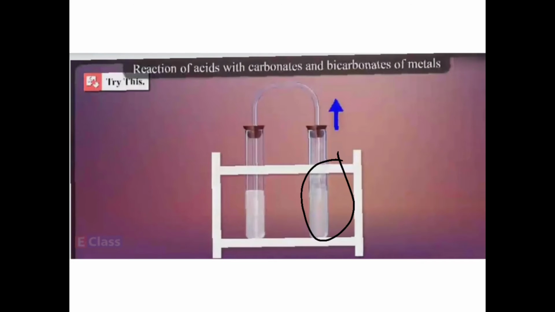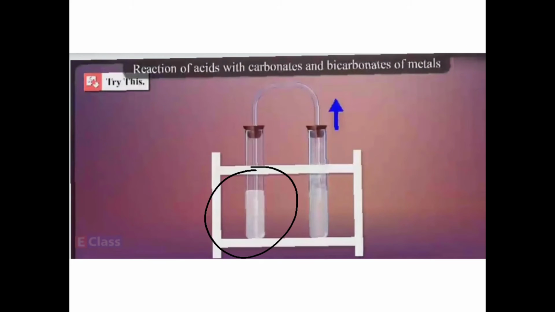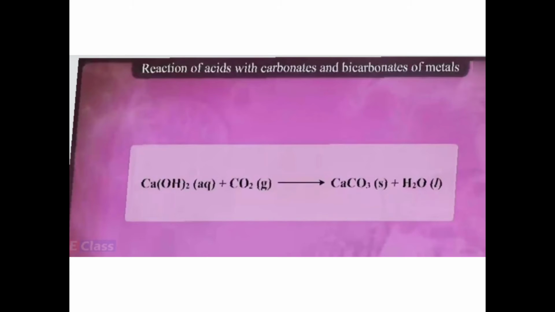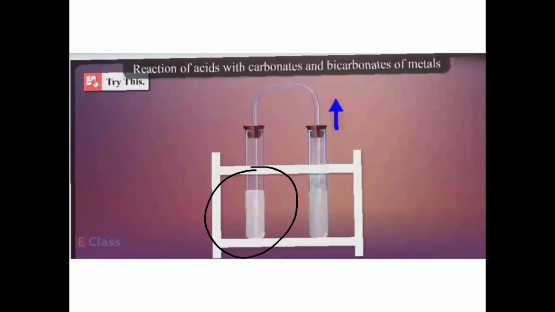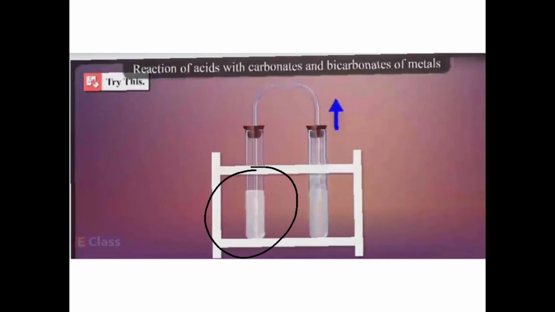Now when you close it, what will happen? Suppose any gas is evolved here. It will go in the upward direction. As it is a bend tube, it will come here into this test tube. And what is observed, children? You can see the color of this. See, what was it previously? See this color. And now see this color. Can you see any difference? The left hand side test tube. Yes, it became whitish in color, milky. See this color. I'm again telling, see this test tube. And now see this, it has now become milky white.